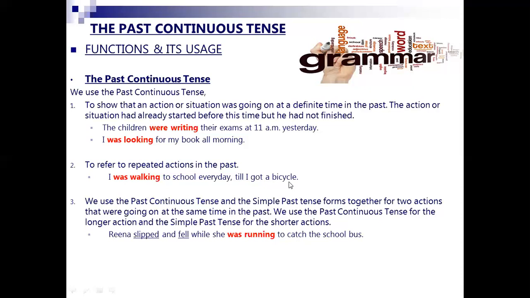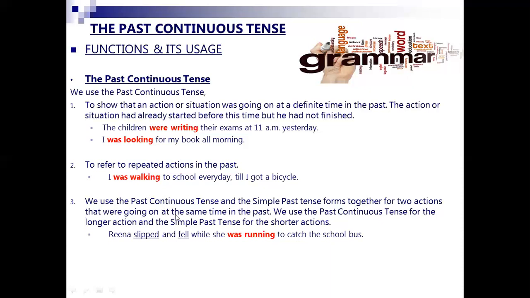But after getting a bicycle, I stopped it. It means the action was repeatedly going on in the past. That time we can use past continuous tense. I was walking to school every day till I got a bicycle. Understood? The third function is we use the past continuous tense and the simple past tense form together for two